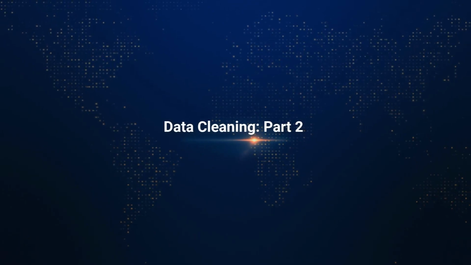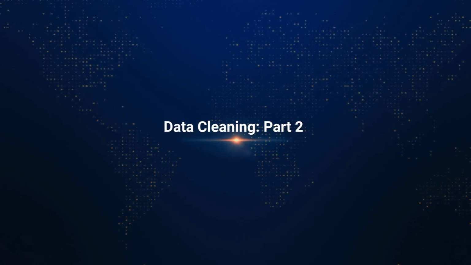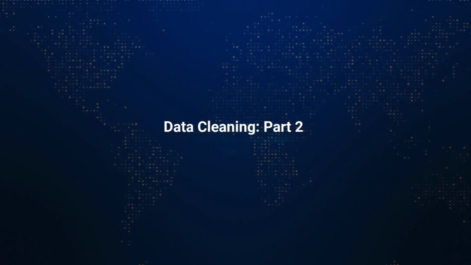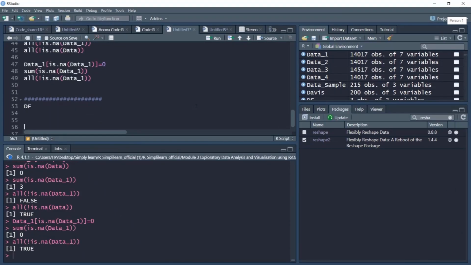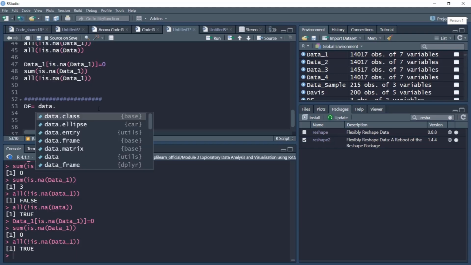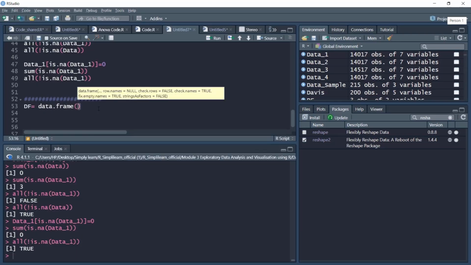In this video, we'll again see some of the examples on how to handle NA observations. Consider this data frame. We'll create a data frame for the practice. We'll create this data frame with the data.frame command, where element A is a vector which contains an NA value and 2 numerics.